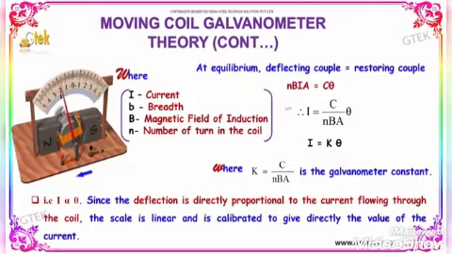Therefore, NBIA is equal to C theta. Therefore, I is equal to C by NBA into theta. I is equal to K into theta, where K is equal to C by NBA. It is the galvanometer constant. That is, I is proportional to theta. Deflection is directly proportional to the current flowing through the coil. The scale is linear and it is calibrated to give direct